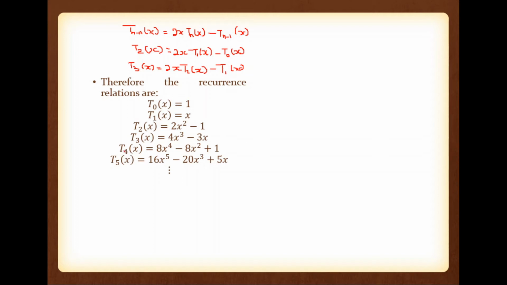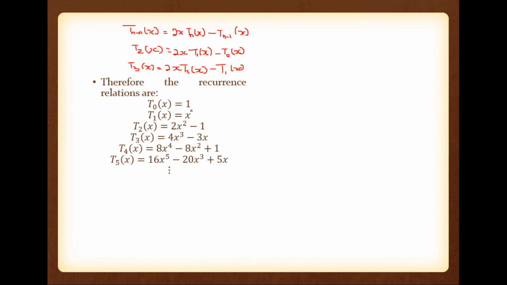If you take 4, this is even, so the powers of all terms are even. This is an even number, this is an even number, this one is x raised to 0, so that one is also an even number. That is the first interesting thing. Now, if this is 5, here we have 5. Means if this is n, then definitely the largest power will be n. And what about the coefficient? You can see that if it is 0, the coefficient is 1.